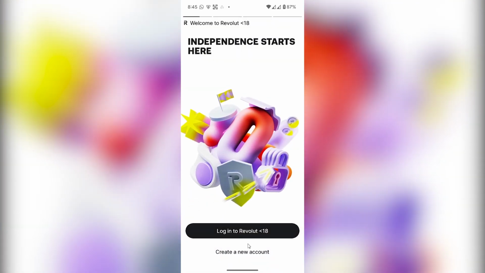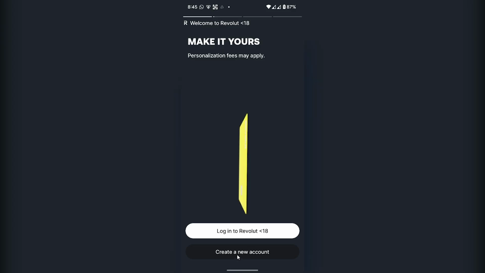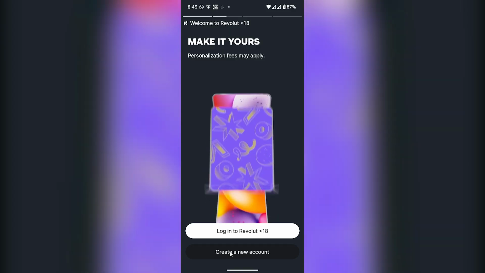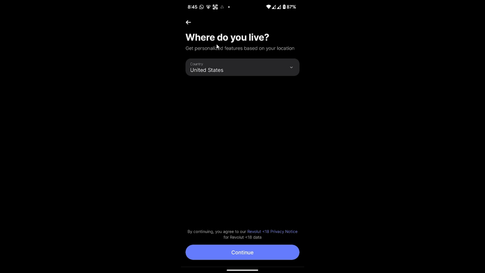There are two options: log into Revolut less than 18 or create a new account. So if you're new to the Junior account, you have to create a new account. Then you have to enter your child's date of birth. Click on Continue. From here, you have to select the country and you have to make sure the country should